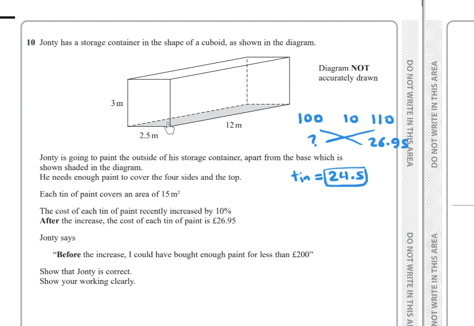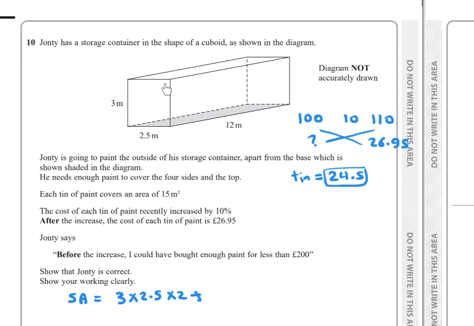The area for this rectangle, 3 times 2.5, and the same for that one. And the area for this rectangle, 12 times 3, and the same for the opposite one. And for the one at the top, 2.5 multiply 12. So we need to find the surface area we need to paint. So 3 times 2.5 times 2 for this rectangle and that one. So we multiply by 2 because we have 2 rectangles, plus